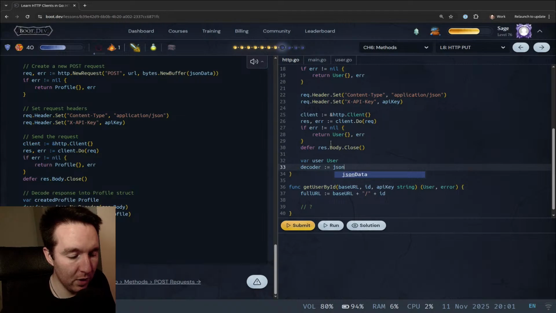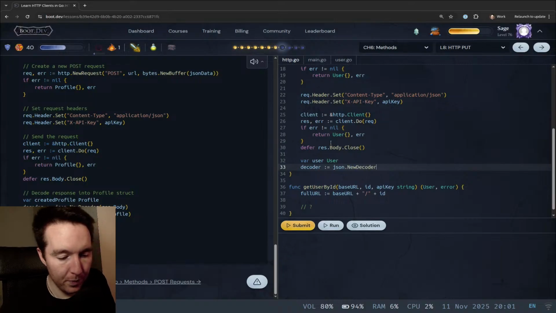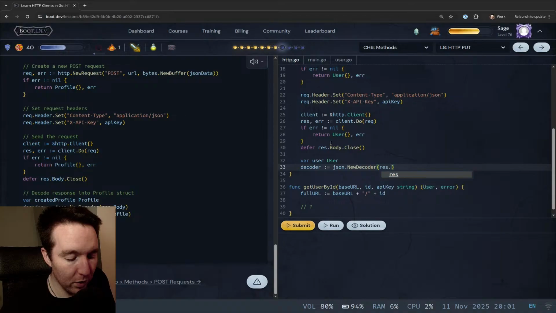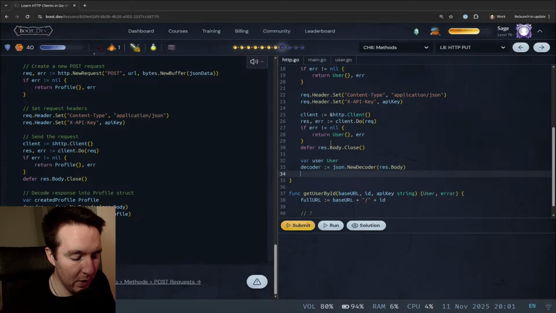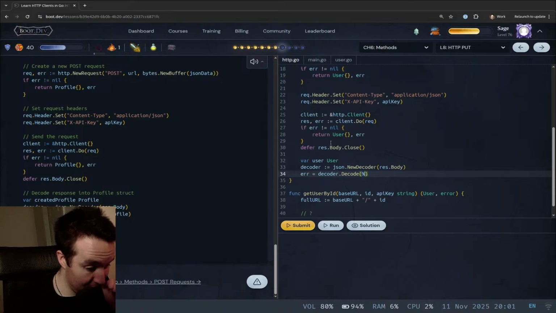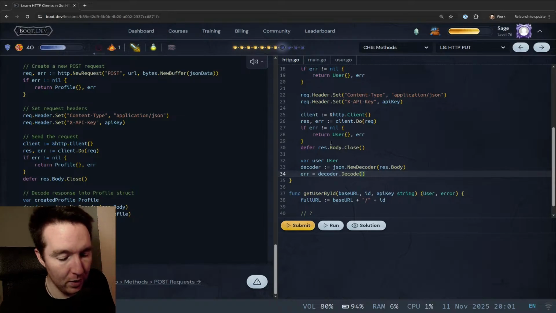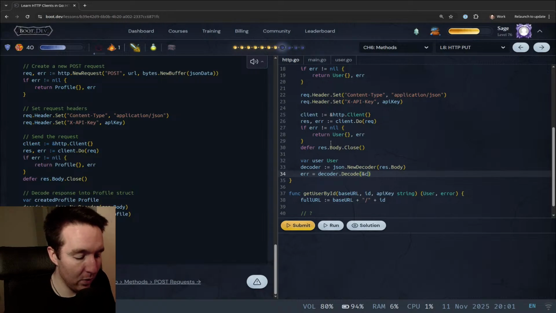We use json.NewDecoder. We pass in the response.Body. Then err equals decoder.Decode, and then we pass the reference to the created profile,